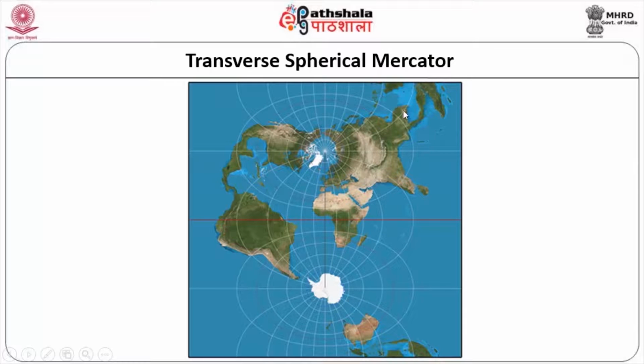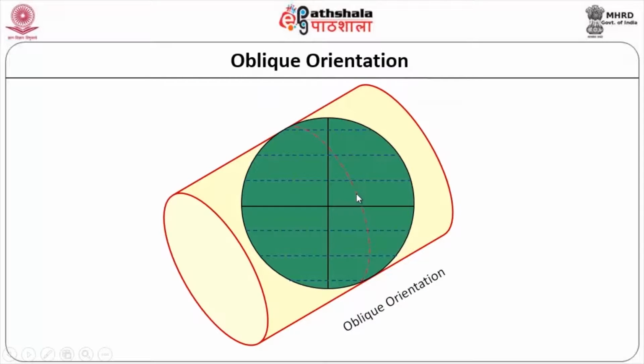You can see here spherical in nature, each of them is there, and you can also observe that as you move away from the poles, the sphere gets distorted, and it will become more of an ellipsoid. You can see here, isn't it? This is a circular one, but away from the pole you will find it will be distorted. You can see this on either side of the globe. Oblique orientation, where the orientation is oblique in nature: this is your cylinder, and this is the earth surface, and the orientation is inclined. So what will happen here? Obviously, there will be a variation with respect to your position also.